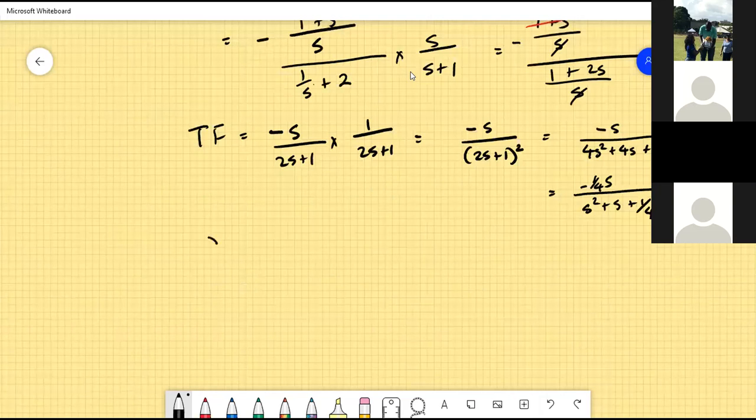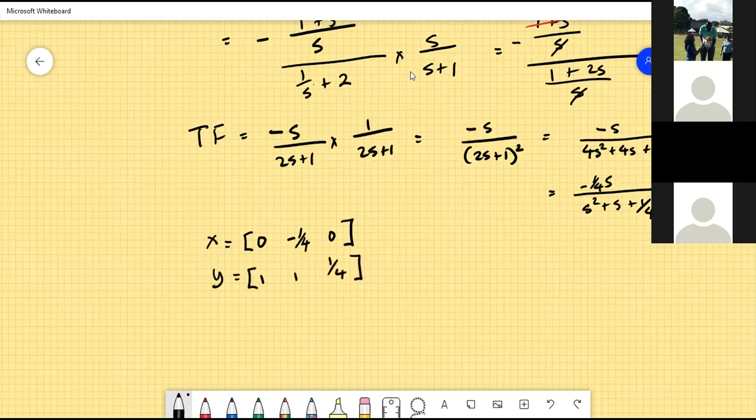My X is going to be, there's no S here, there's a minus a quarter X, S, and there's no constant term. My Y is going to be 1, 1, a quarter. And so first thing,